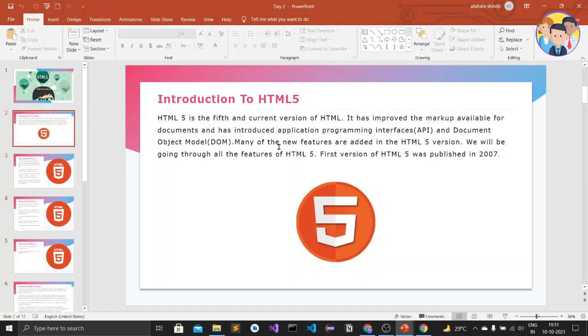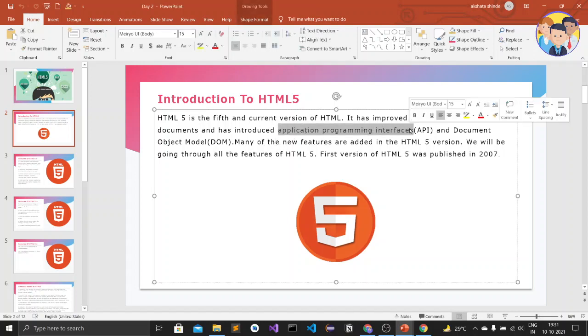It has also introduced APIs. The full form of API is application programming interfaces. This provides us a feature where we can integrate the link of an API provided by many developers.